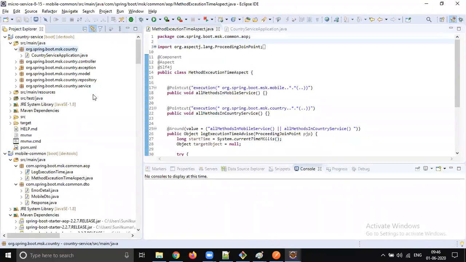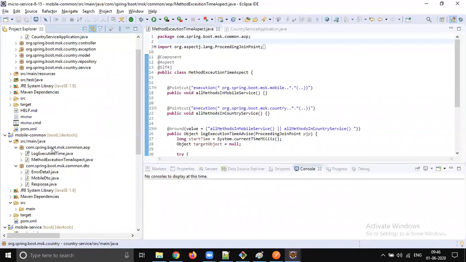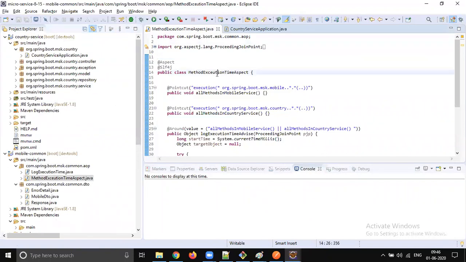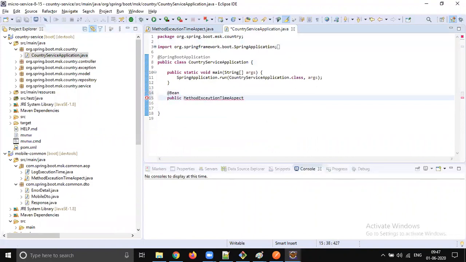So how can we make it work? We should remove this component annotation and create a bean in the code instead. Public method execution aspect, with a small m, and just return new method execution aspect.